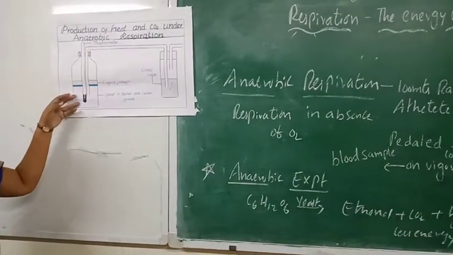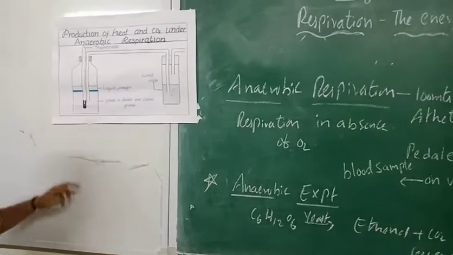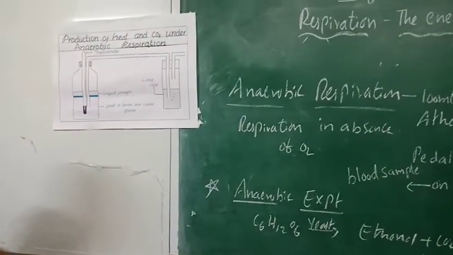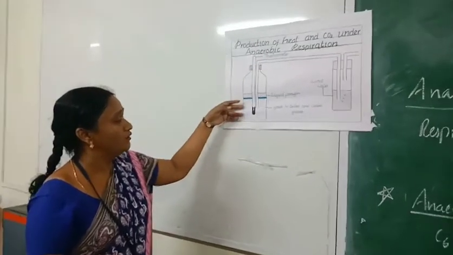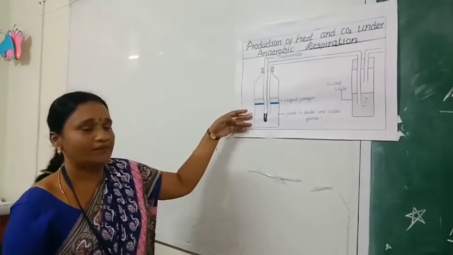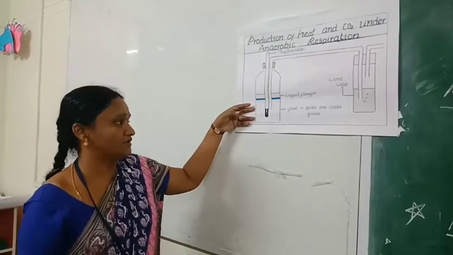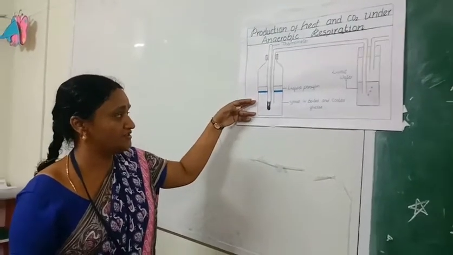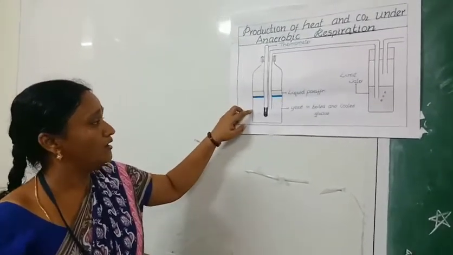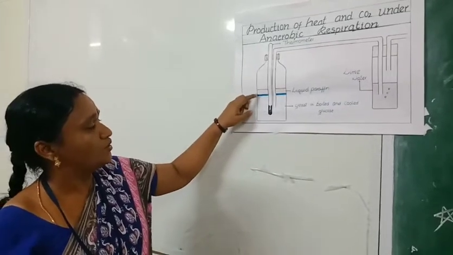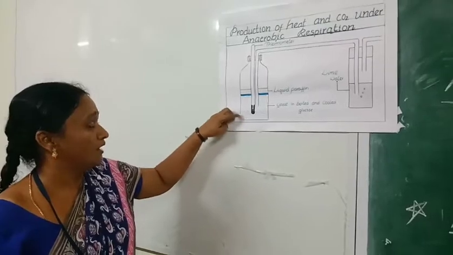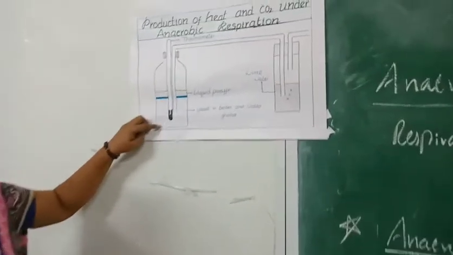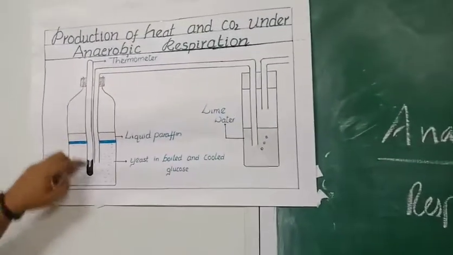The same process is observed in the preparation of alcoholic beverages, and here we can separate the alcohol from the glucose solution and yeast by the process of fractional distillation. That will be carried out in the industries. So here the alcohol can be produced, and you can separate the alcohol from the sugar solution, and yeast also can be removed by fractional distillation.